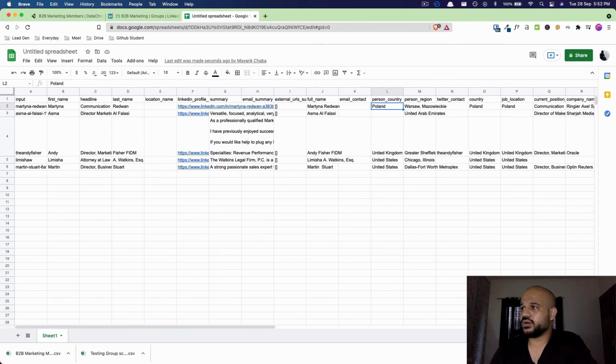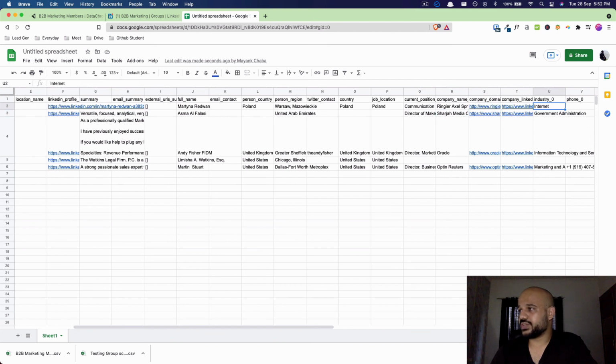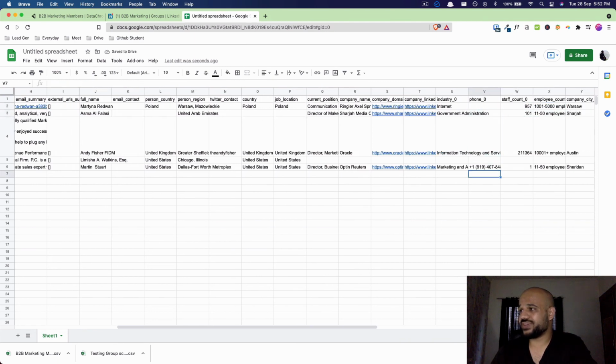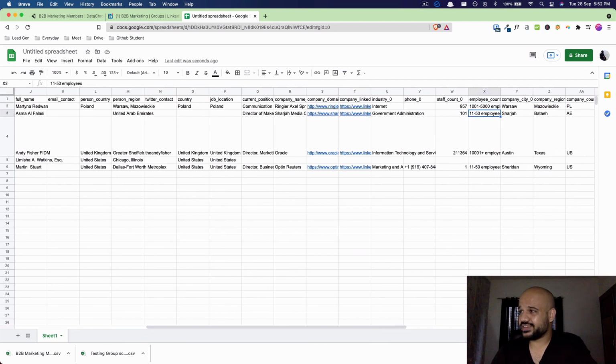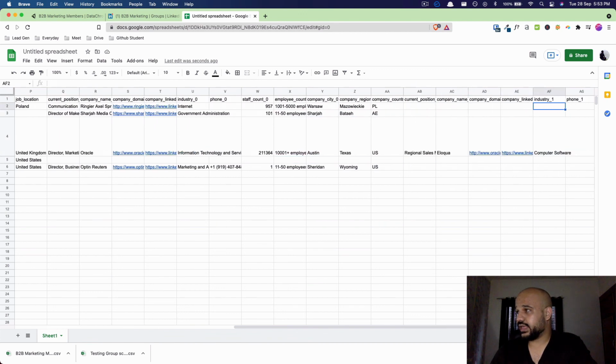Then there's a column for the address, the current position in the company, the name of the current company, the company's website, the company's LinkedIn profile URL, the company's industry, their phone number if we can get it. In this case, for this person, we could get the phone number, and what's the staff count for the company in which this person currently works, and what's the employee band size, what's the company's address, and then